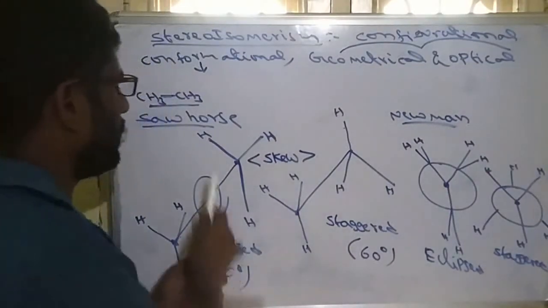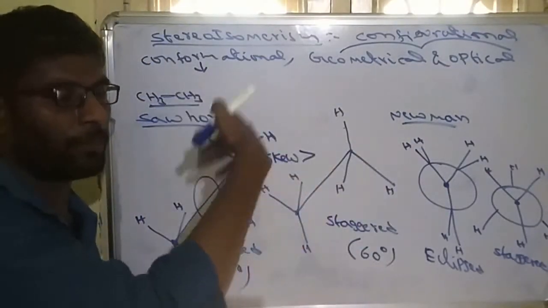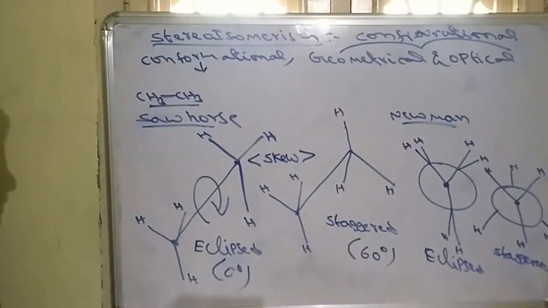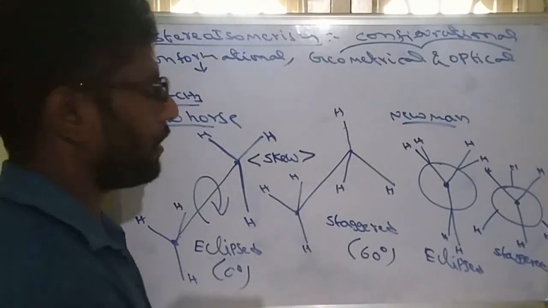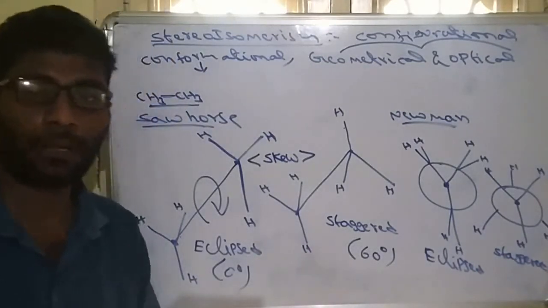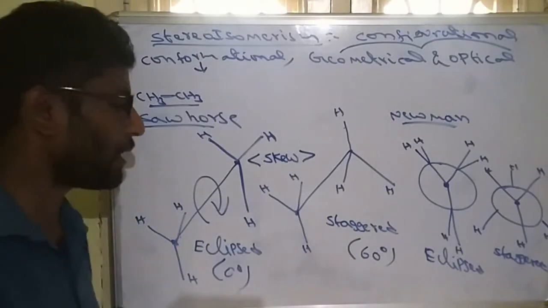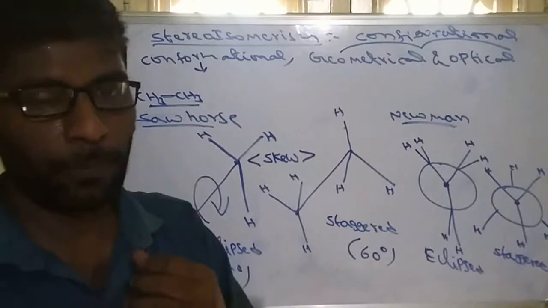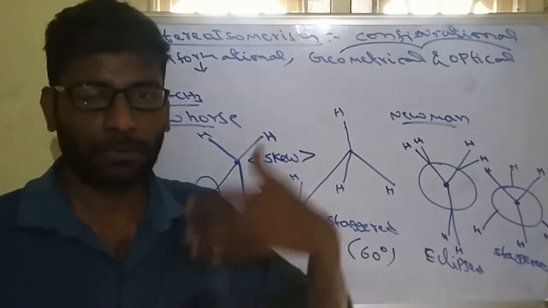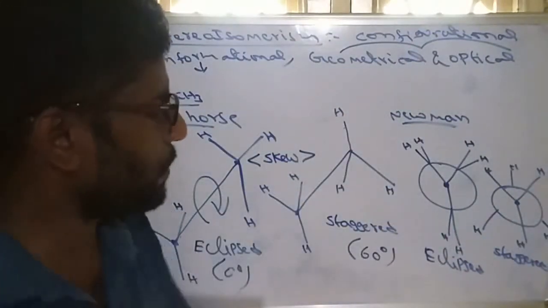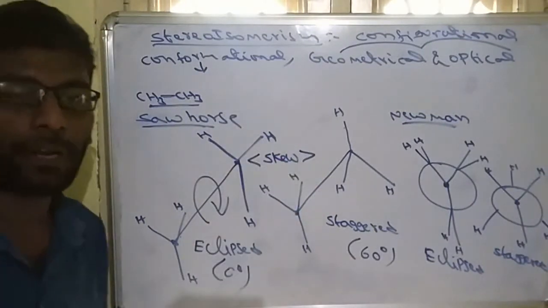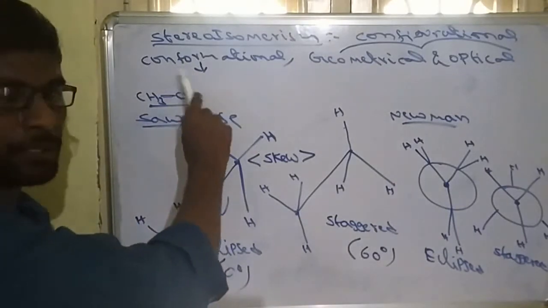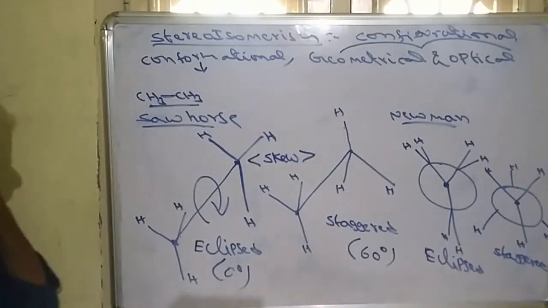Like this, any big alkane like propane, butane, whatever alkane is there, will exhibit conformational isomerism. So remember, conformational isomers are infinite. There is no number to count, because any angle from 0 to 60 is possible. So 0.5, 0.6 or 1.5, 30.5, anything is possible. That's why they are called an infinite number of isomers. Conformations are infinite, shown by alkanes due to free rotation of the sigma bond.